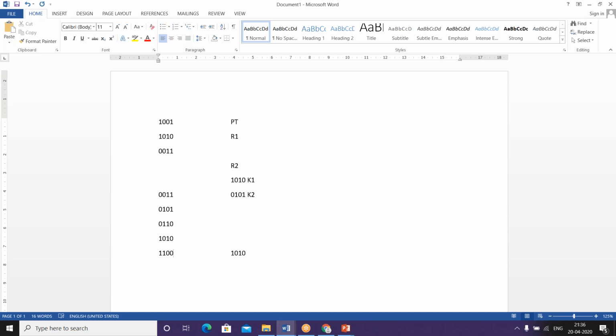So I'll repeat it. We want to strengthen our algorithm. Either we can increase the key length, or we can do it again and again, more than one time, as we have decided. Whenever we do this round more than one time, you take a key, perform a left shift one time, then XOR with the plain text. For the second round, again you perform one left shift, then XOR with the plain text. If you continue like this,